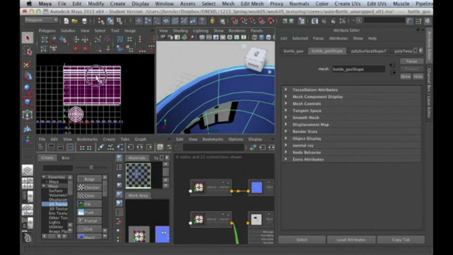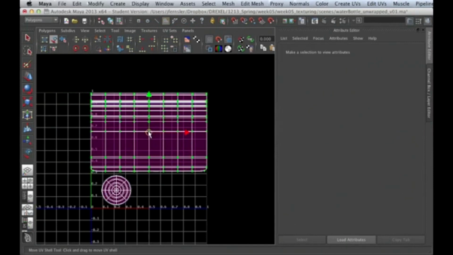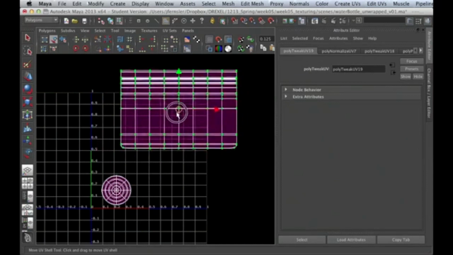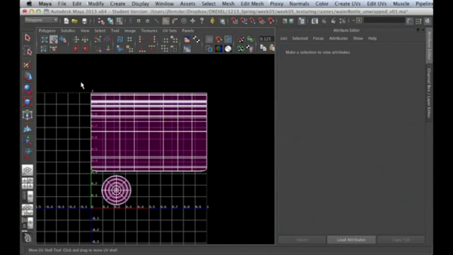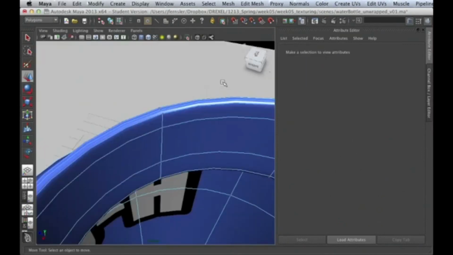Unfortunately, if we look here, this is probably all one shell, right? Maybe what happened is it got cylindrically mapped in one shot, and they thought that was good enough. Well, we're going to use this little tool here, the Move UV Shell tool. We're just going to click once. It selects the whole shell, and if we move, you see, oh yeah, it's all one big shell. All right, so let's undo that,